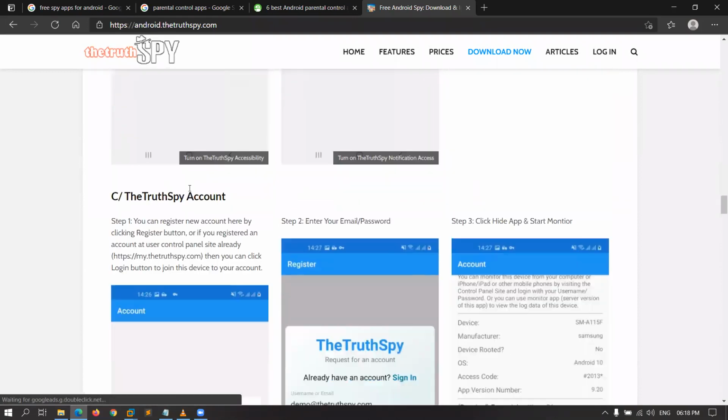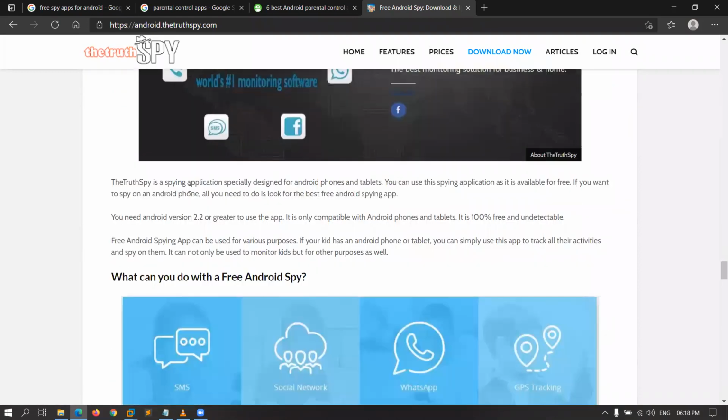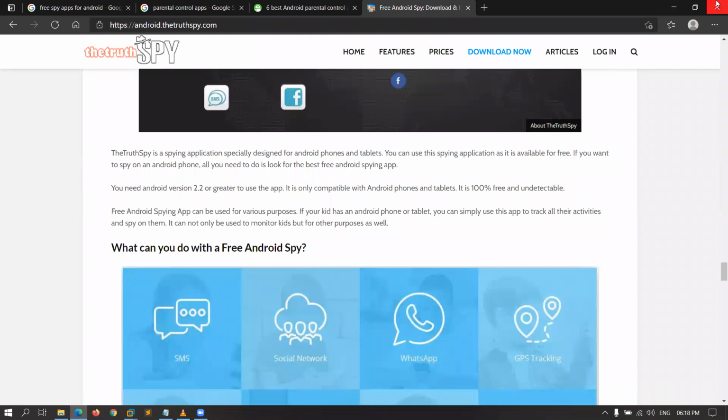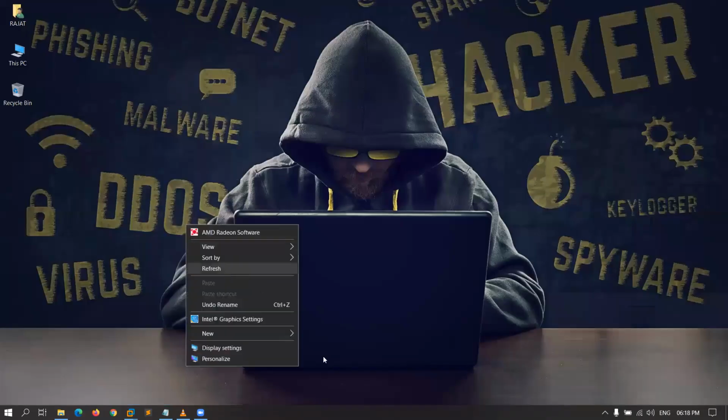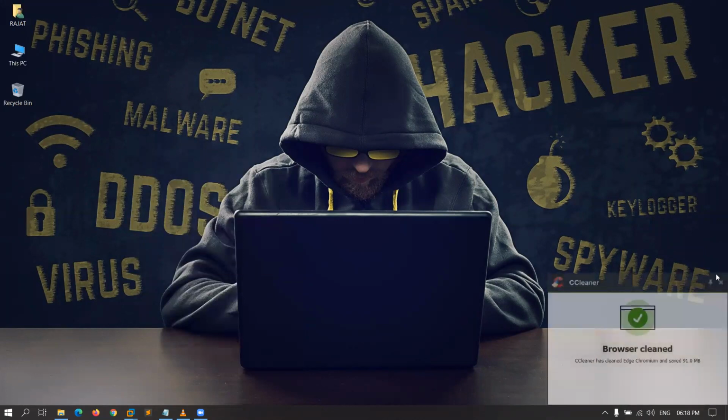So this is the way you can hack a phone by using parental control apps as well as Metasploit and RAT. So keep practicing, and if you get stuck in any situation, you can ping me.